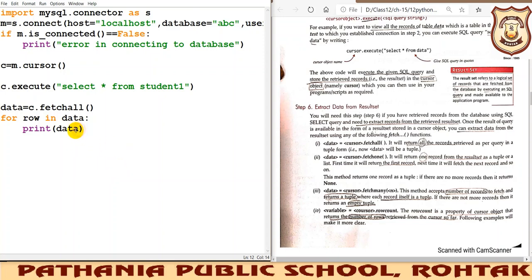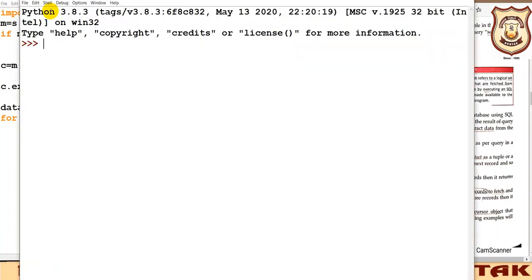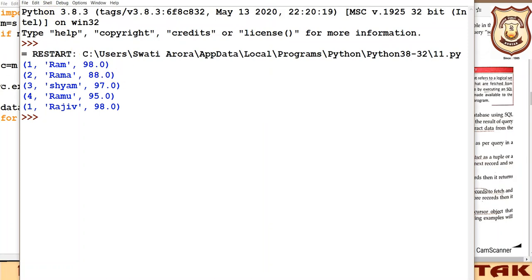Sorry, actually data is not to be written here, we should write row. Fine, so we should save this content and then run it. So you are getting a better, organized output now. If you are not writing it with the help of a for loop, then you will not get that output, because it will print all together in one line. So to get the output in an organized way, you should use this for loop.